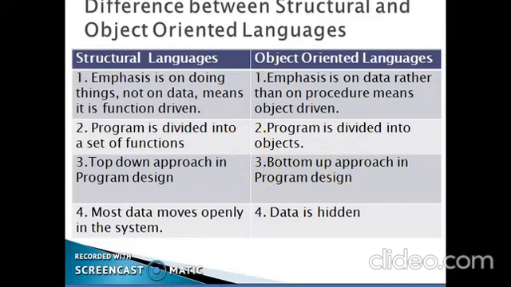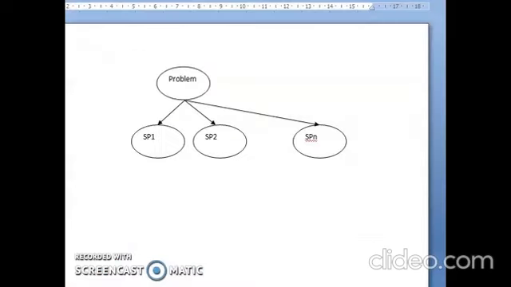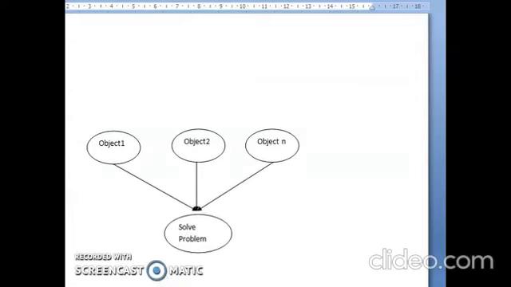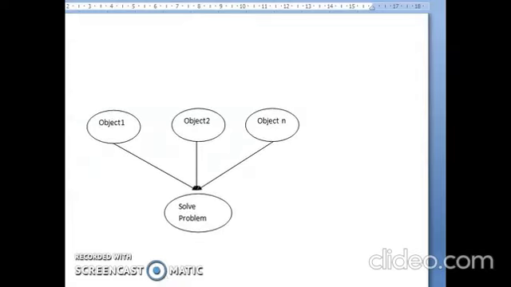Diagrammatically, I have divided my problem into object 1, object 2, object 3 to object n.